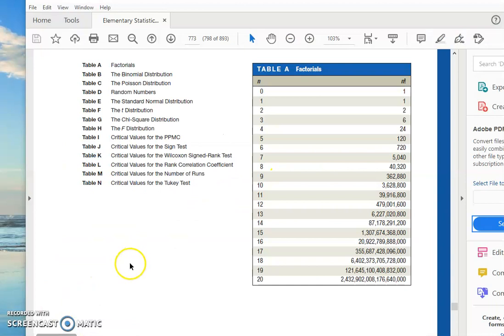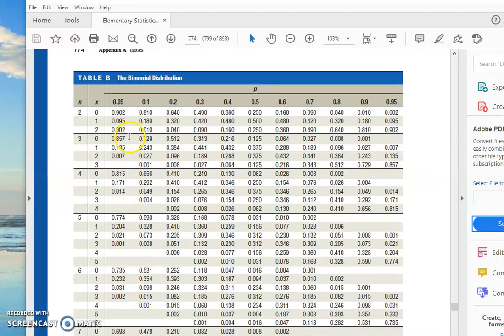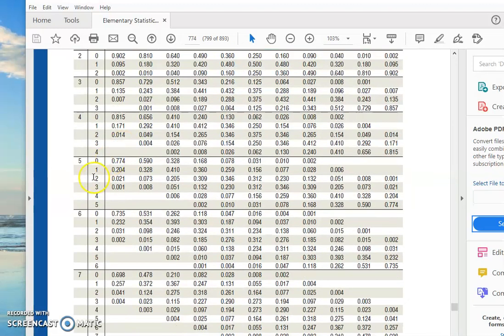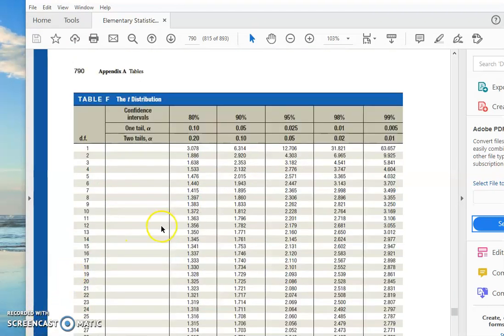Okay, so you go to the back of the book. Here's sort of a table of contents of what all the tables are. And the first table, table A, factorials, that's actually on the same page as the table of contents. So as you can see, B is the binomial distribution, C is the Poisson distribution, and so forth. So we want the t distribution. That's table F. So we scroll down, or in your book you flip the pages. So let me do that offline. Okay, so here's table F,